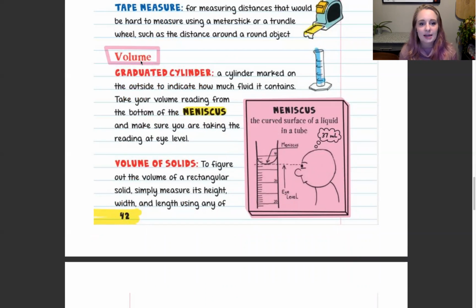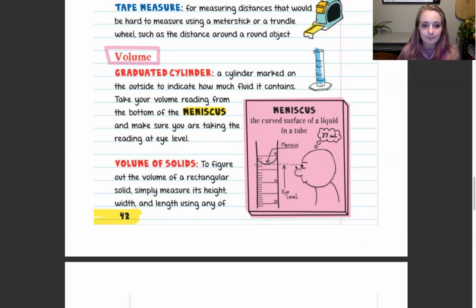Volume is measured in a graduated cylinder. A cylinder is marked on the outside with little ticks to indicate how much fluid it contains. So you take the volume by reading from the bottom of the meniscus. And you got to make sure that you're reading it from eye level. So like in this picture, there is some water in a graduated cylinder and there is a curve because it sticks to the sides of the graduated cylinder. So you would measure from that bottom of the meniscus. So in between 30 milliliters and 40 milliliters, you can see that this is 31, 32, 33, 34, 35, 36,